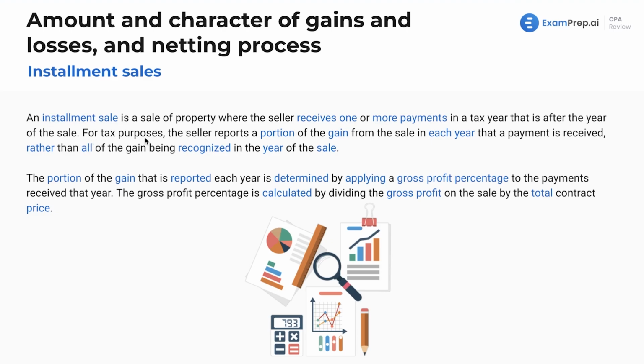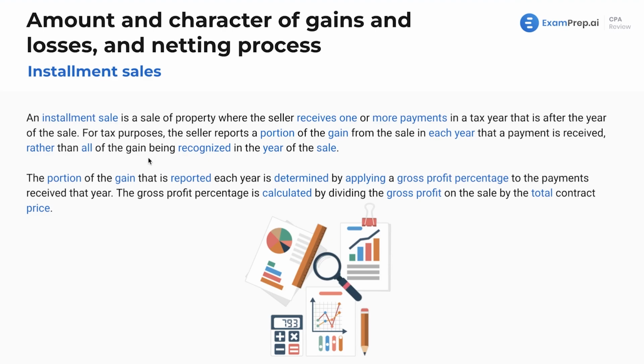payments? Now, for tax purposes, the seller reports a portion of the gain from the sale in each year that a payment's received, rather than all of the gain being recognized in the year of sale, because you don't want to have to pay tax on all of this gain right away, because you're not getting cash for it until future years. And why would it be fair that you pay tax on all this gain when you haven't actually gotten the cash? Maybe you don't have enough cash to actually pay the tax, and that would be a little